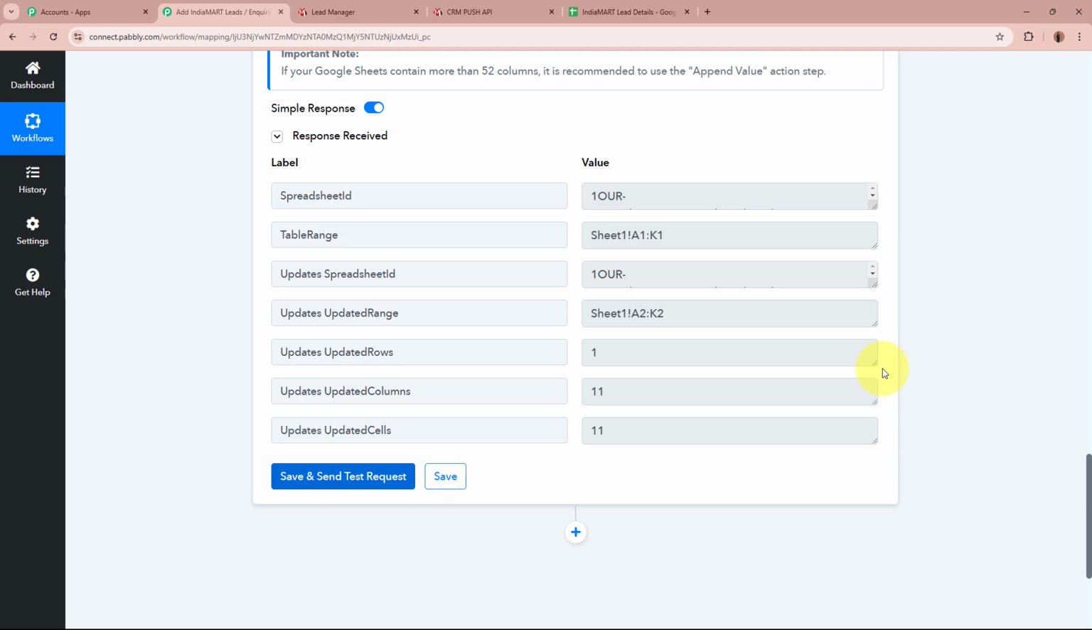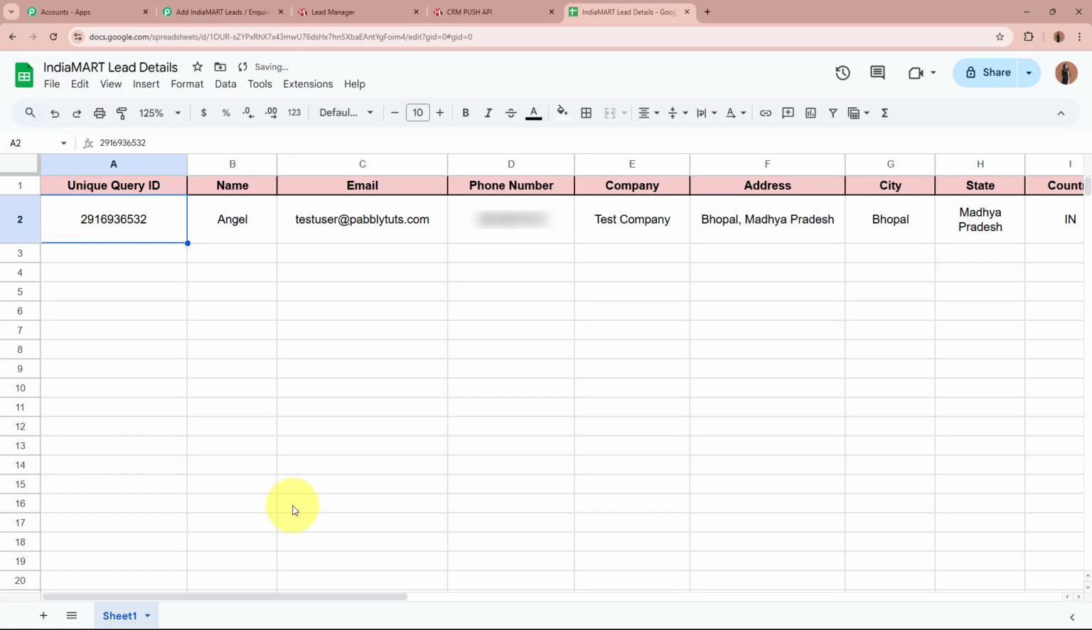So now I'm going to open my spreadsheet and check whether the record of this lead has been created in my Google Sheets or not. For that, I'm going to open my spreadsheet that I've created. And yes, you can see right over here, the record has been successfully created in my spreadsheet for the unique